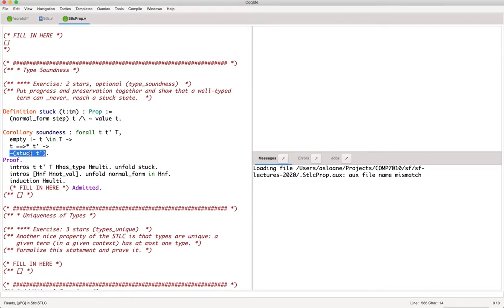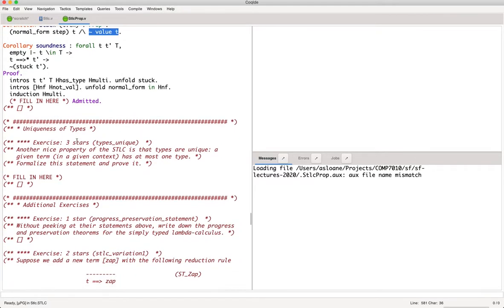And they've actually got a formal definition of stuck here, which says either it's a normal form, in other words, it can't be evaluated anymore, or it's not a value, in which case you would expect it to be able to step some more. Okay, so this is a soundness result,